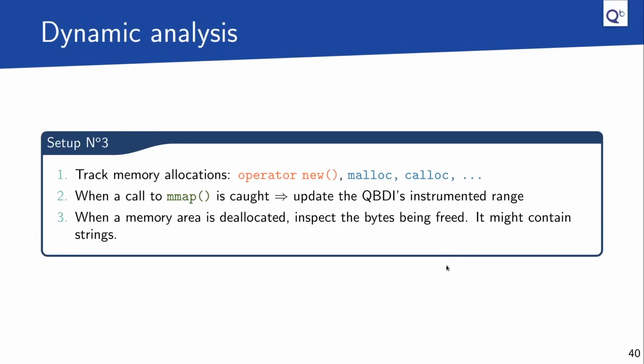Another interesting configuration is to track memory allocation, such as malloc or calloc, or operator new if you are in C++. We can also track memory map functions, such as mmap. And when a code tries to dynamically allocate code, you can have a callback over this function and automatically update the instrumented range of QBDI